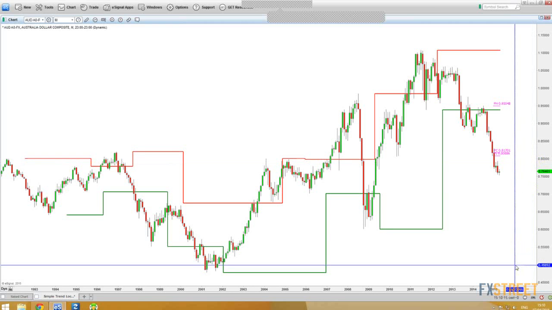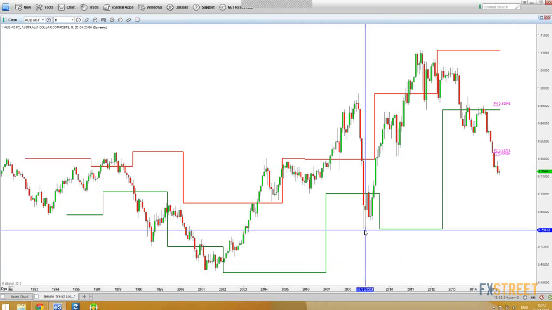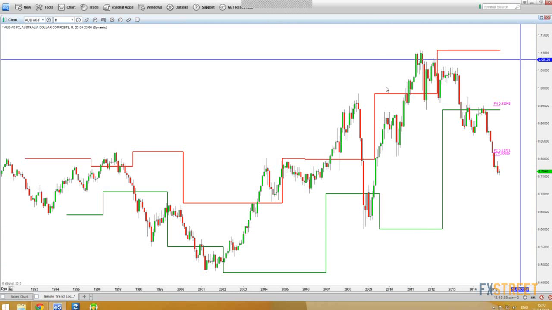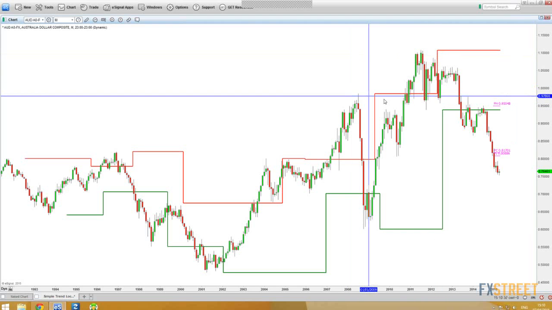And if you look at past price action, you will notice that all these major pivot levels are associated to round numbers. So if you look at the highest point, that's 1.10. If you look at this pivot level here, that's around 1. If you look at this whole support resistance level,